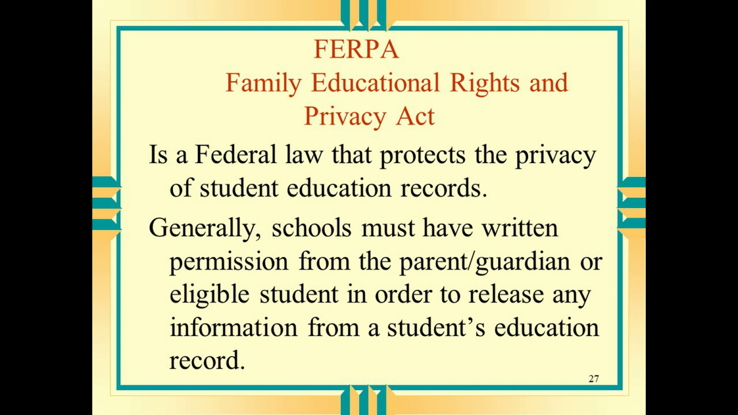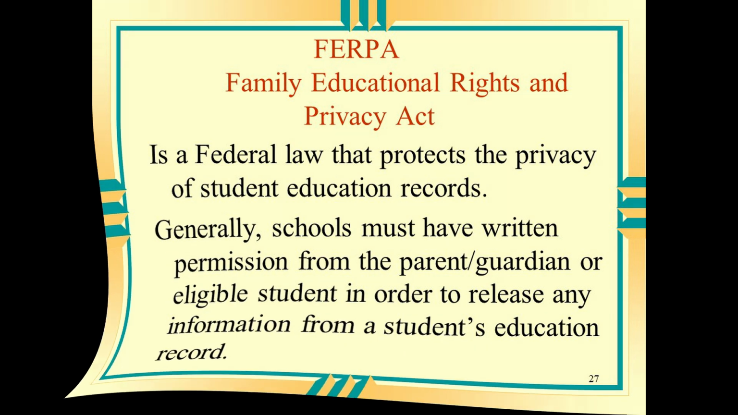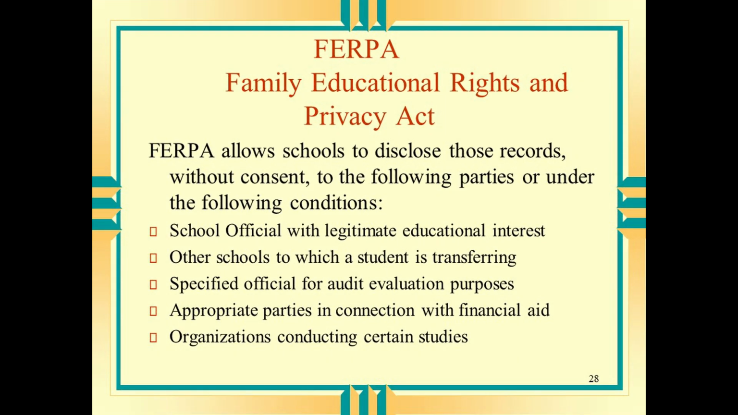When a student reaches 18 years of age or attends a post-secondary institution, he or she becomes an eligible student, and all rights under FERPA transfer from the parent to the student. FERPA allows schools to disclose the records without consent to the following parties under the following conditions: school officials with legitimate educational interest, other schools to which the student is transferring, specified officials for audit and evaluation purposes,